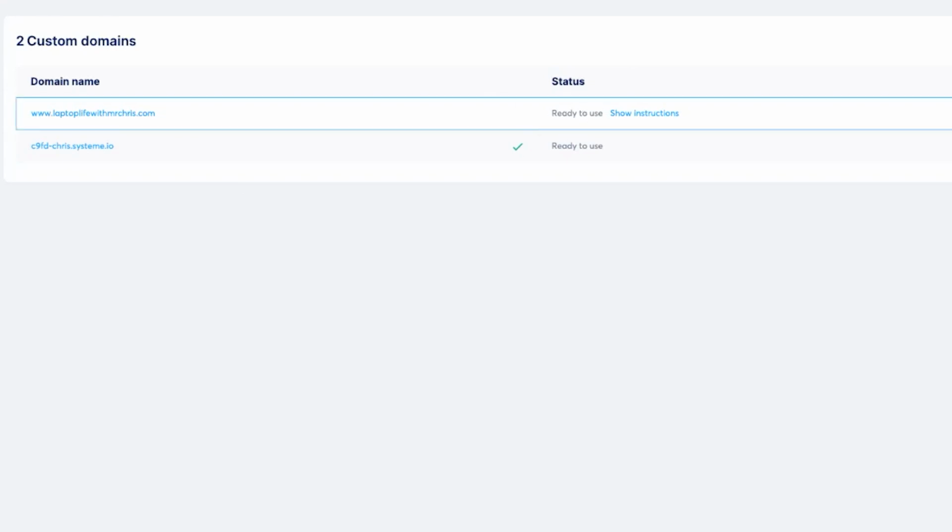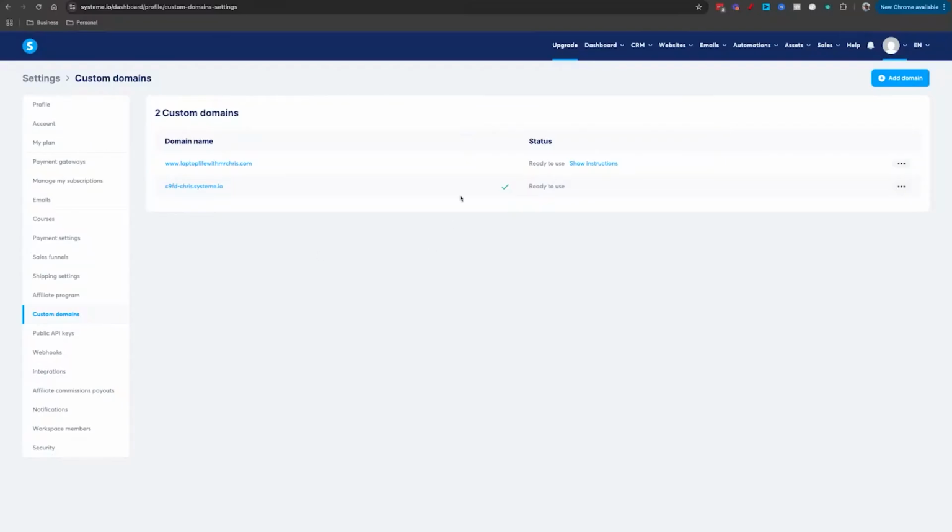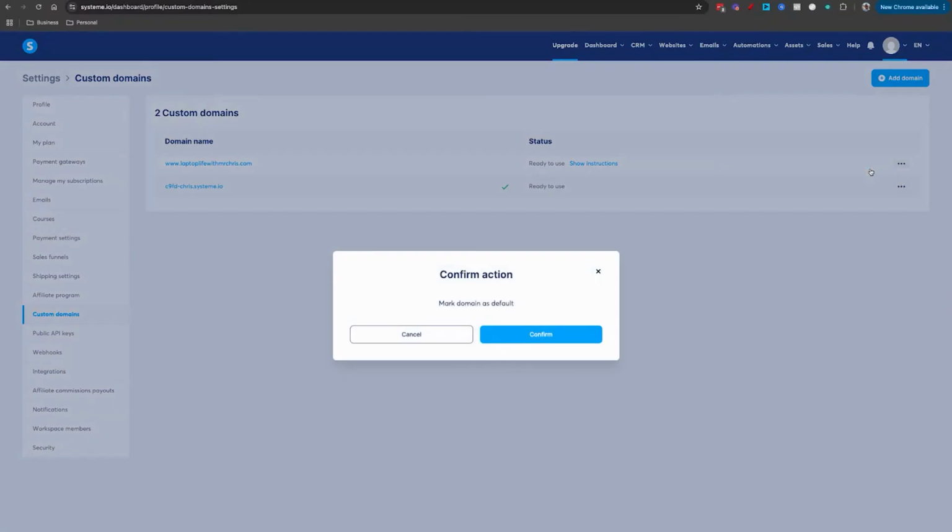When you refresh, it'll go ready to use. This is not an immediate thing. So one final thing, after you get this ready to use screen, you're going to want to come over here